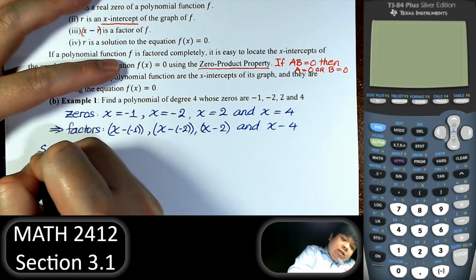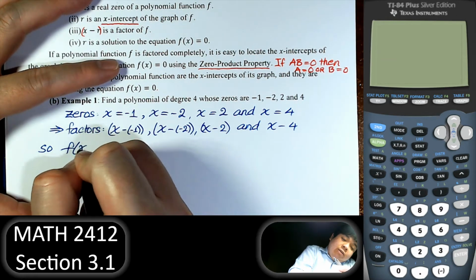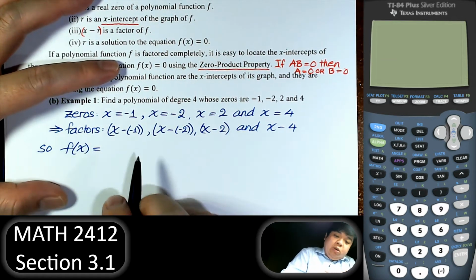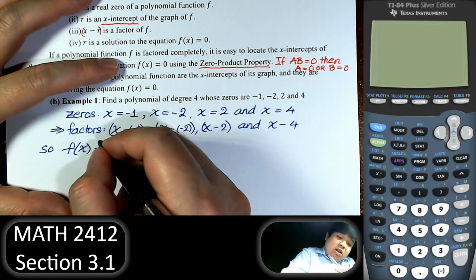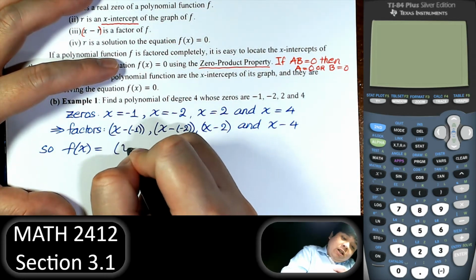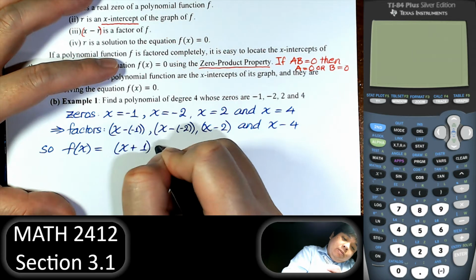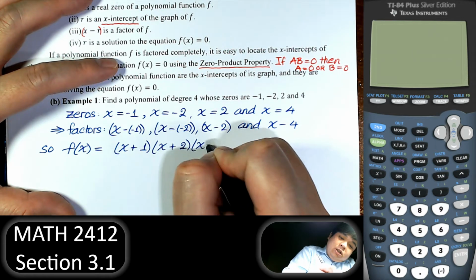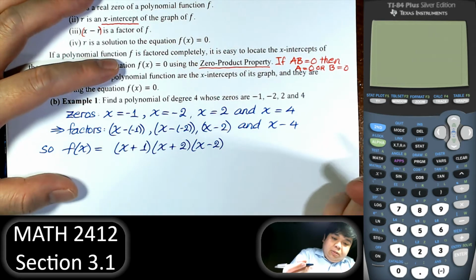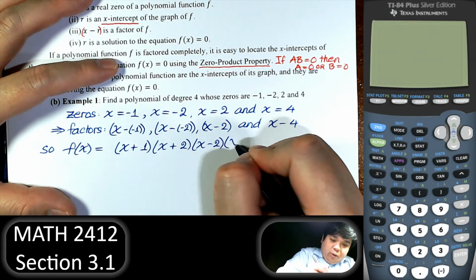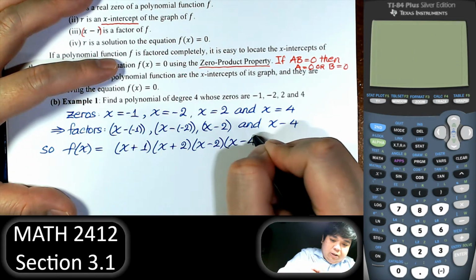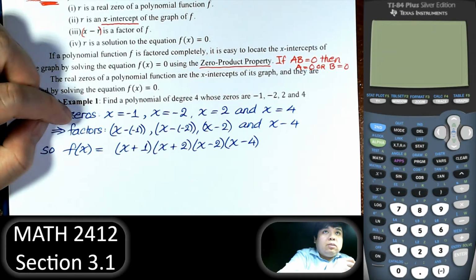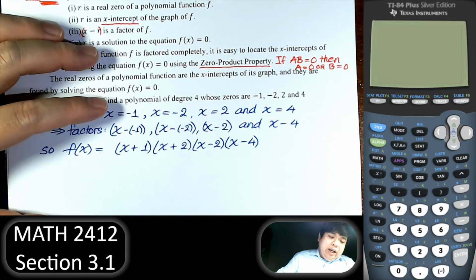Because of that, we can have a polynomial equal to, we just multiply all of this together because those are the factors, right? So x plus 1, x plus 2, x minus 2, and x minus 4. Now we can put